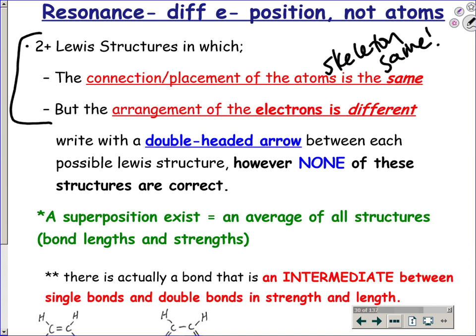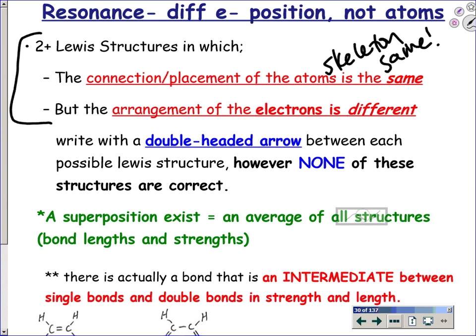Atoms in the same place, electrons in different places. Whenever you have multiple resonance structures, or Lewis dot structures that are all valid, to show that they are resonating with each other, they're called resonance structures. You draw a double-headed arrow between them with a bracket around the entire slew of Lewis dot structures. So for that sulfate one,